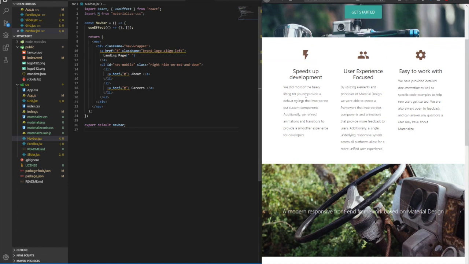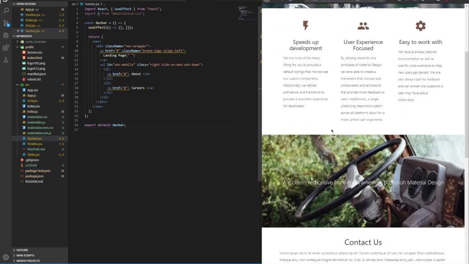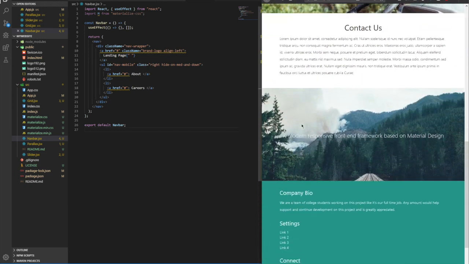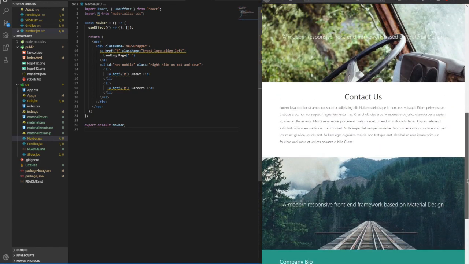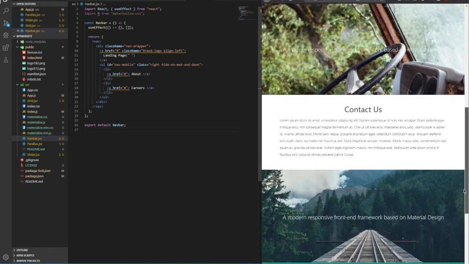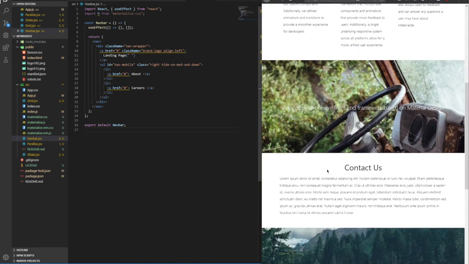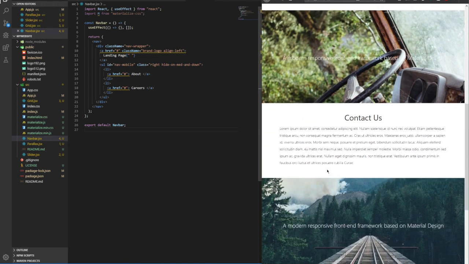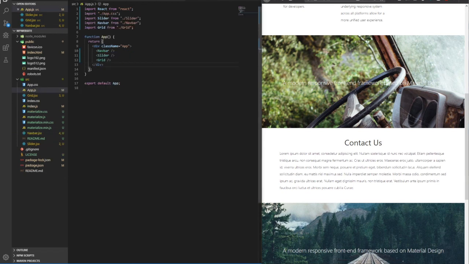Welcome everybody. Today in my tutorial we're gonna see how to make a parallax effect on your React web page using Materialize CSS. Parallax is this effect, as you can see in the right part of the screen, where photos in the background scroll at a different speed than the content in the foreground. So as you can see, it's a very nice effect and it gives a very premium look to your web page. And so in this video, I'm gonna show you how to do it very